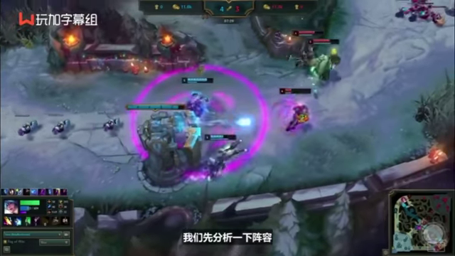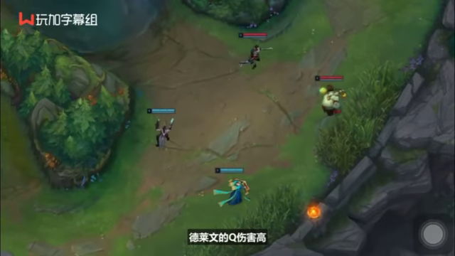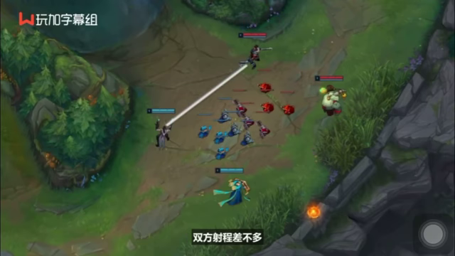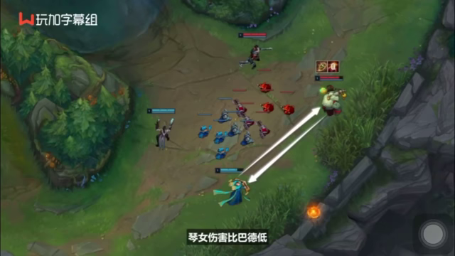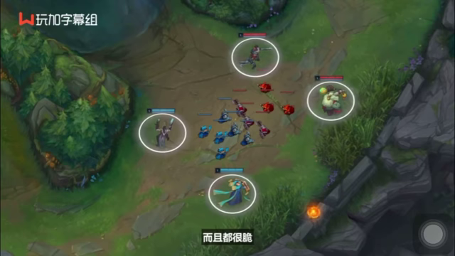Let's break down the matchup first. Lattman is playing Lucian Sona versus Draven Bard. Draven wins in damage while Lucian has more wave clear with Q. Their range is about even. Sona has slightly less damage than Bard, but with better sustain. The big takeaway is the damage is high on both sides versus squishy champions, which means that the right plays